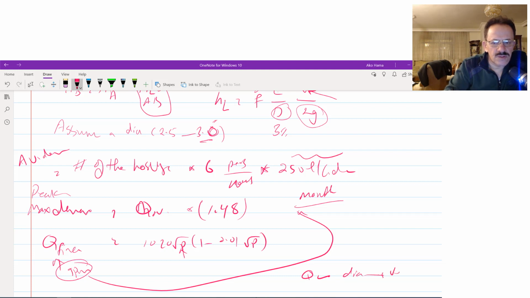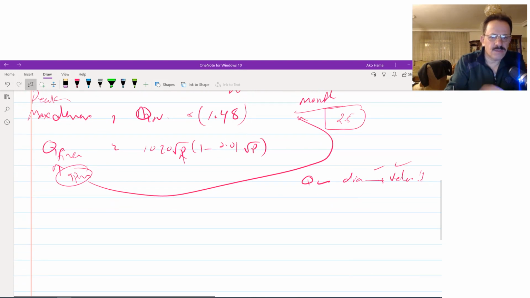I will check with the velocity. Now sometimes for a small area the velocity will not check, so you have to make a smaller pipe, but the municipality or the policy is not letting you have less than 2.5 inch, so you will say it's okay for having a velocity less than this one. But the most important thing is to find the head losses. After you have a velocity, you will check the head loss in this pipe.